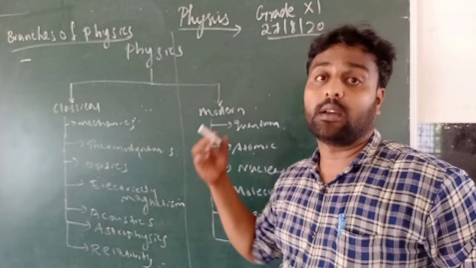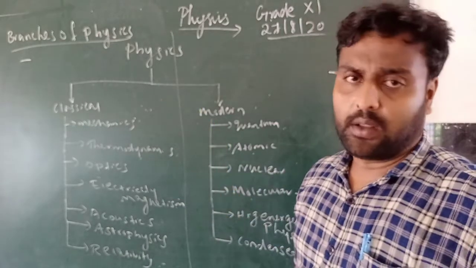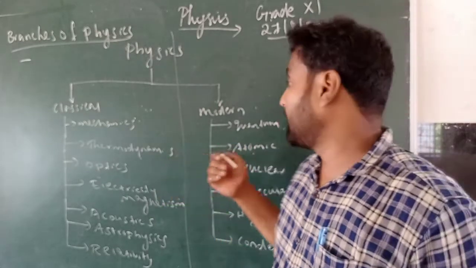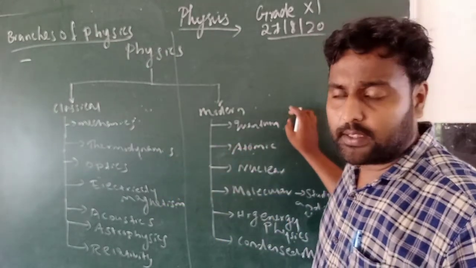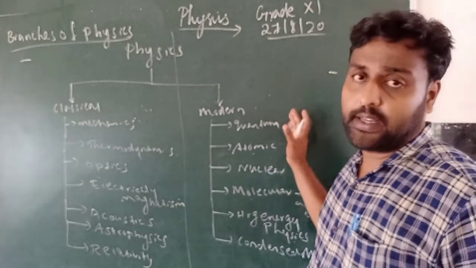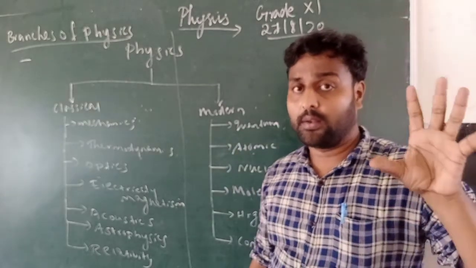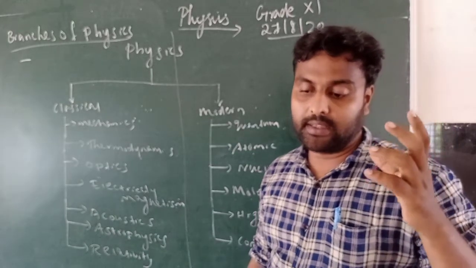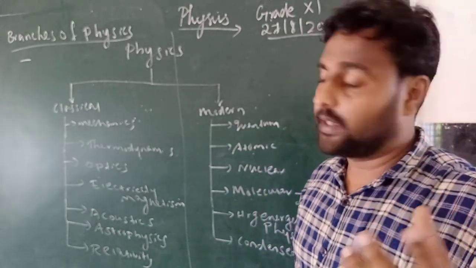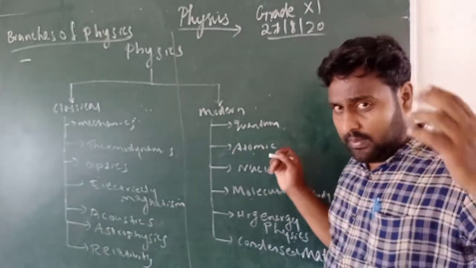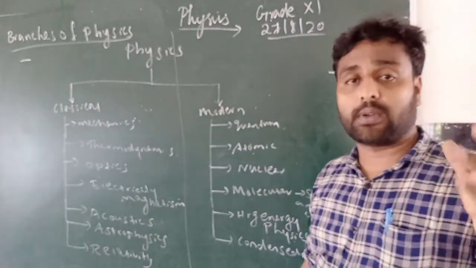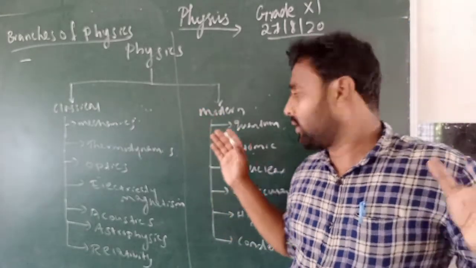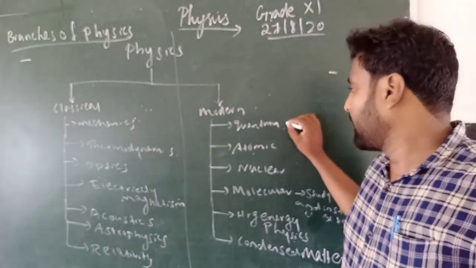Astrophysics, about what? Astronomical objects. Relativity, about space, time and energy. And in quantum mechanics, what are we studying about? The radiation, about the atoms and energy transmission, that is, transmission of energy from the atom. It is a very big topic. So that is what we are studying in quantum mechanics.